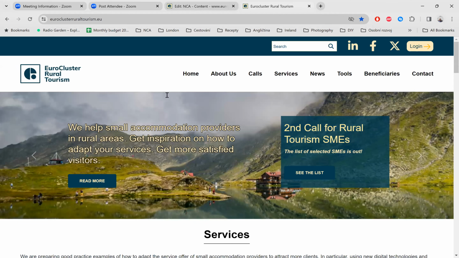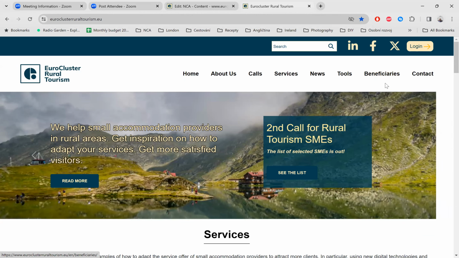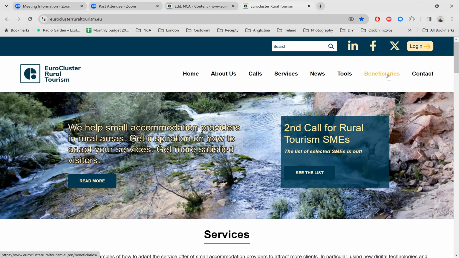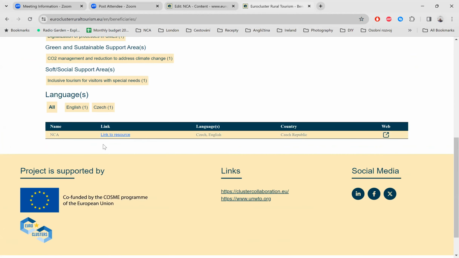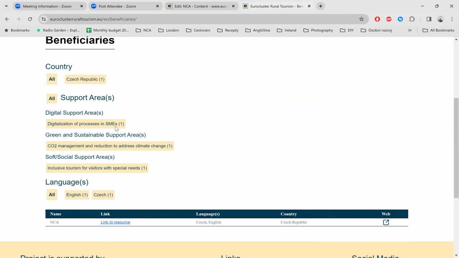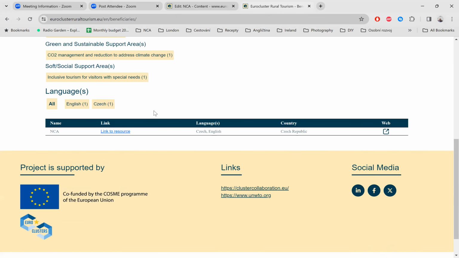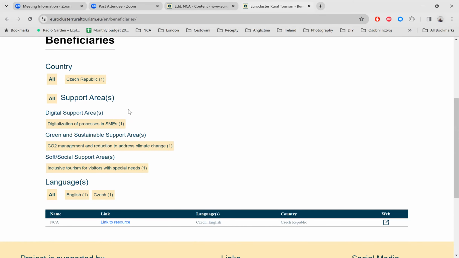So when we are on our website, you can see there is a new field already inserted. It's called beneficiaries. Once you press on beneficiaries, we will get a list of the supported SMEs. So here are filters. By these filters, we will be looking for the SMEs we want to find, or we just want to see which SMEs are from where. For now, I have Czech Republic, so if I press Czech Republic, it's already there. I would need more forms to show you the filters, but anyway,